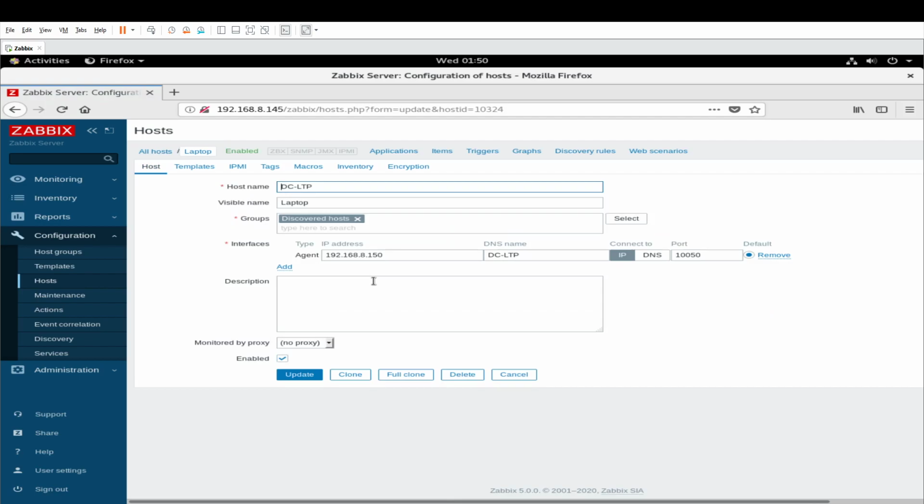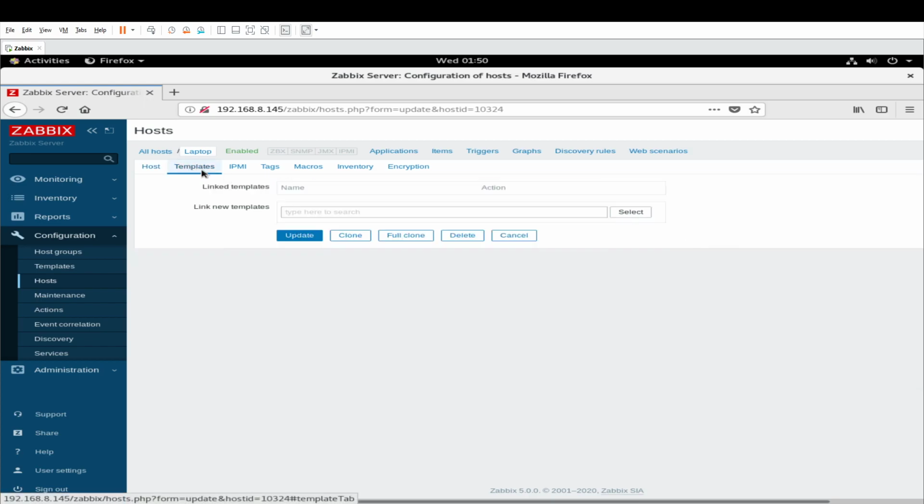We have to make sure that ports 10050 and 10051 are allowed. In the template section, you can give the pre-built custom templates. I have already told you that Zabbix is customizable to enterprise level. Zabbix has its community from where you can download all the templates that you are going to monitor.